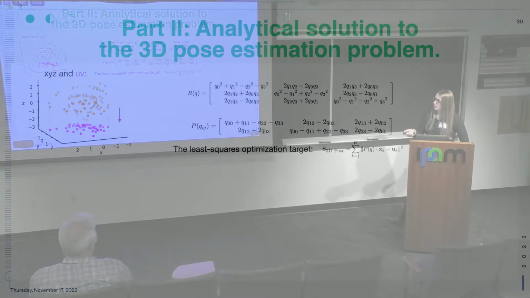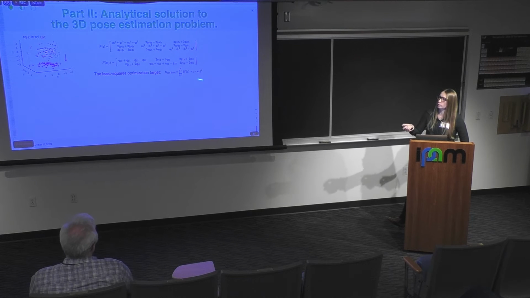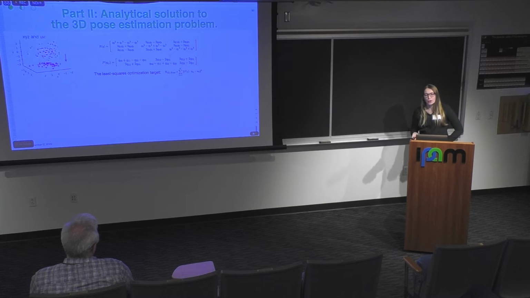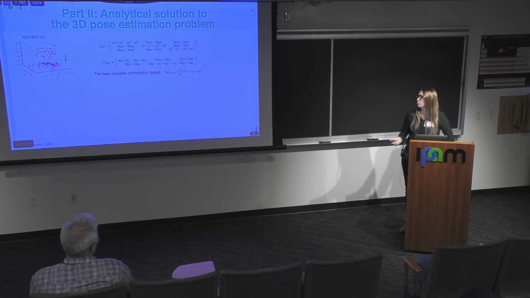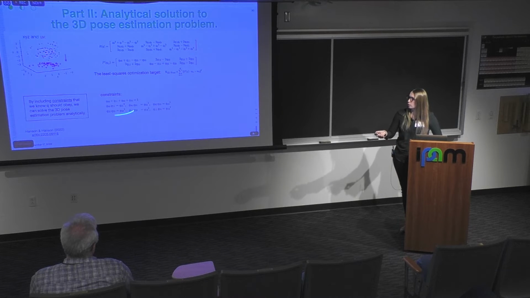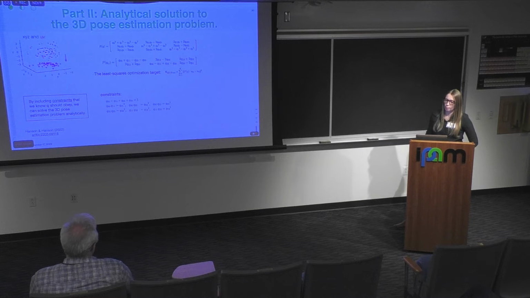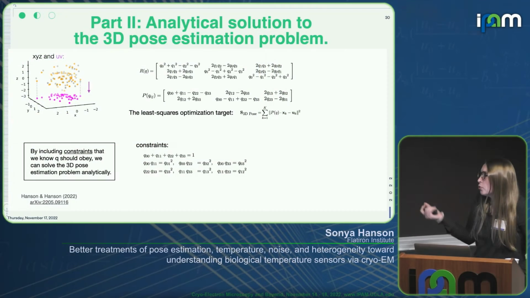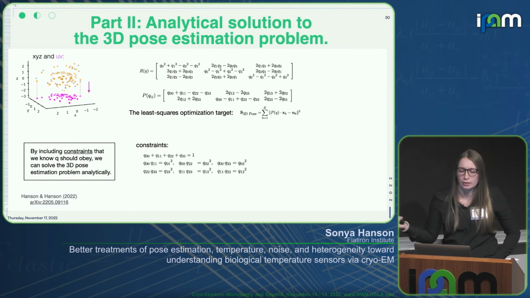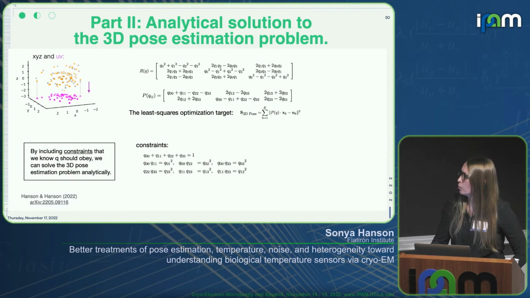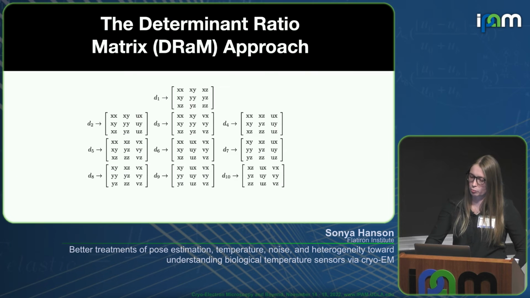But the nice thing about this is that it actually means that our least squares optimization problem is now solvable in Mathematica, provided you provide it with the right constraints, as I mentioned before, for all of these different quaternion adjugate variables. And so here, for the first time, we're able to present an analytical solution for the 3D to 2D pose estimation problem